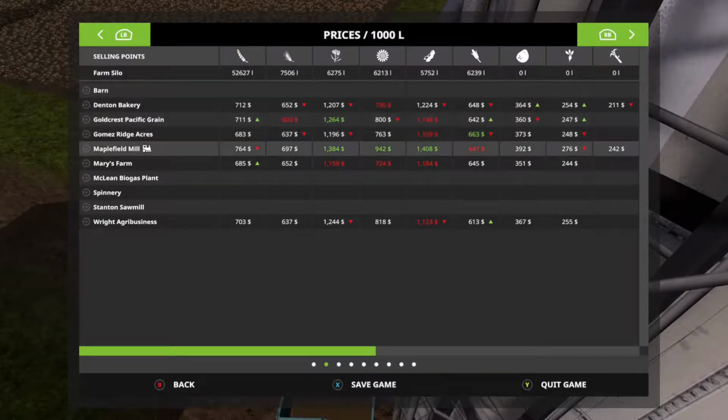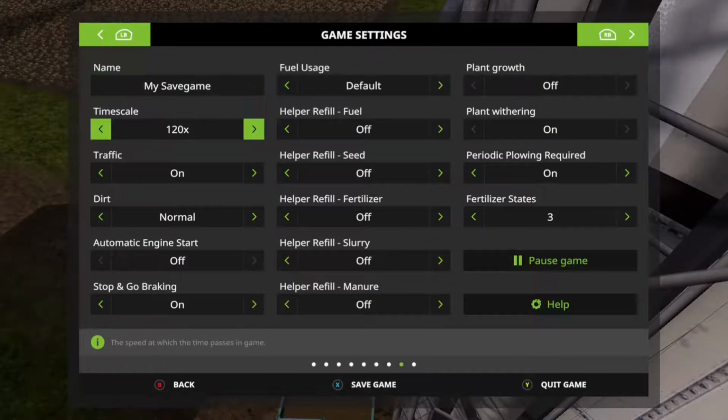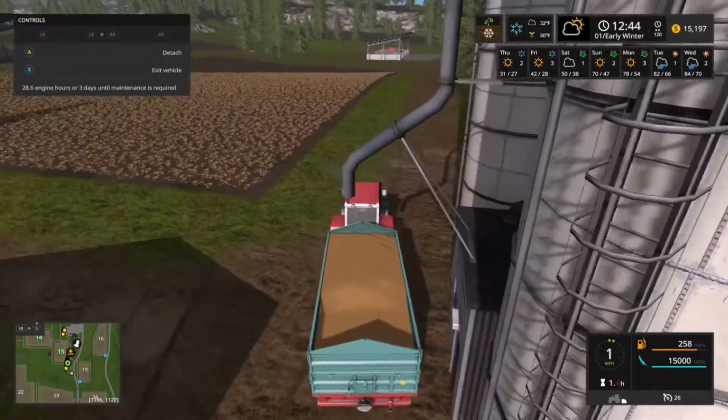Our place that we most likely are going to have to go to is the Maplefield Mill, which is involving the tracks. Hopefully that price does not go down too much, but it seems like it's going to be going down a lot, sadly. But let's not worry about that. We'll go ahead and wait to see how the prices are. If the prices are bad, then, well,